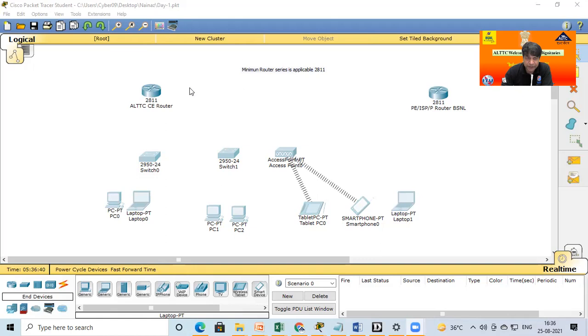Now try this. I'm doing it in my system, sir. How did you get this router, sir? 2811. Just this is the router. Not there, sir, the left side. Now just click on this router and go to the right movement. There are a lot of routers showing here. As per your software, just move from this location to 2811. Are you getting that? Only 2811 is there, sir.